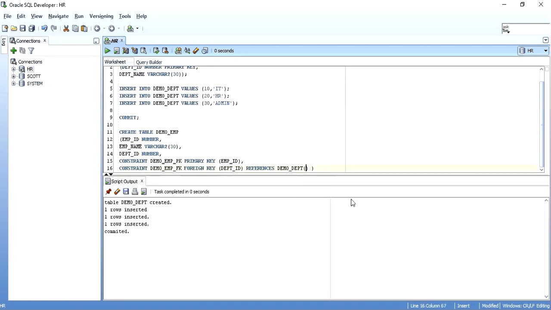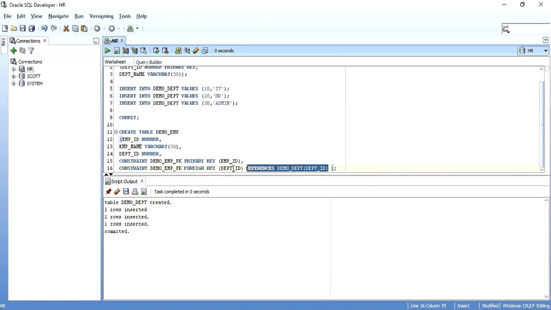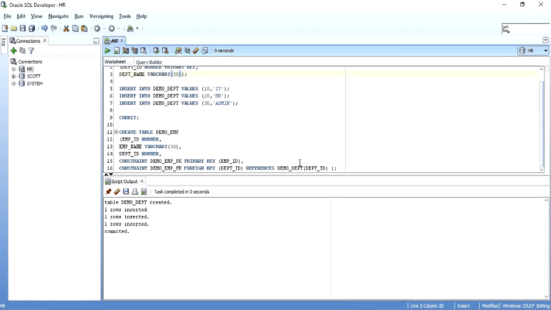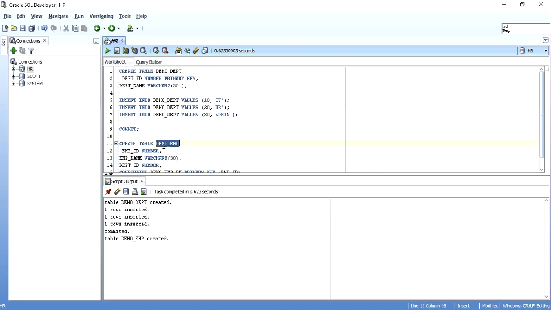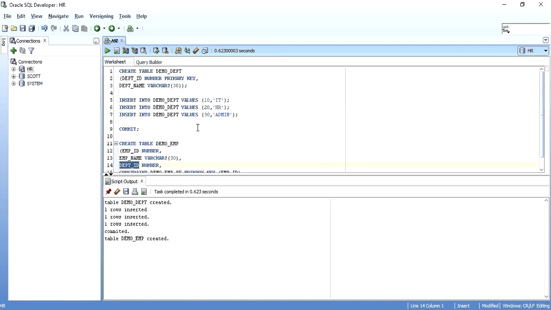You can give the same name or a different name, all is fine. The only reason that I have done it this way is so that we can see how we can give a constraint at table level also. Here I have given it at the column level. I'll just create this. So now, in my newly created demo employees table, when I insert data for department ID, I can insert only that data which is present in the demo departments table's department ID column.